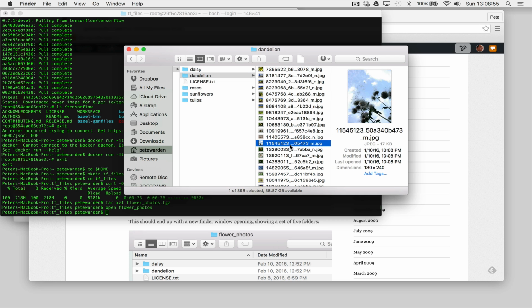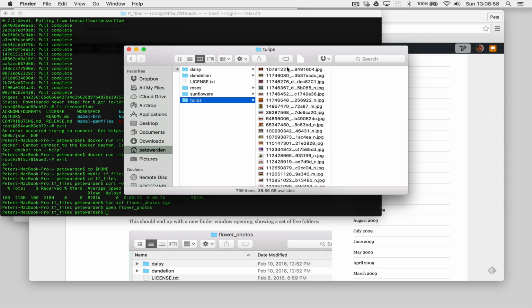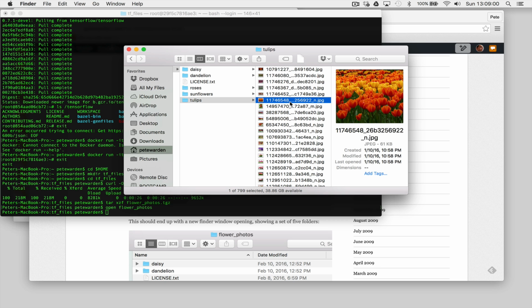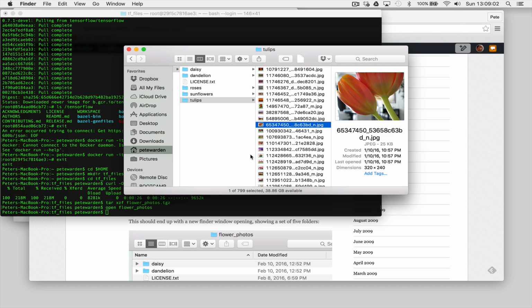It has lots of different photos of dandelions, same for tulips. And the key thing here is that if you want to create your own classifier, you just create your own folder structure like this, where you create folders for each category that you care about, and then you put in photos of those objects inside each folder. And there's more details on the main tutorial on the TensorFlow site about how to do this,